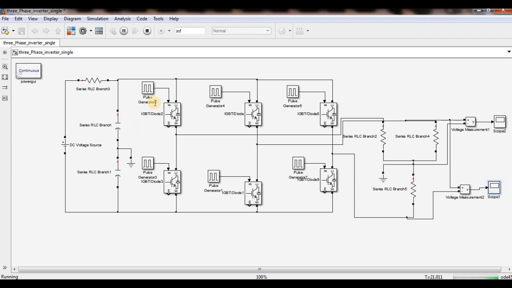Many people will connect only the inverter without neutral, so you cannot regulate the voltage as per your requirement of phase voltages, because the phase voltage does not depend only on this switch; it depends on either this and this, or this and this. So this is the thing for star connected, actually for the 180 degrees conduction mode.